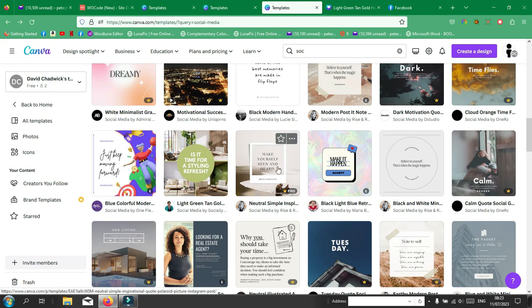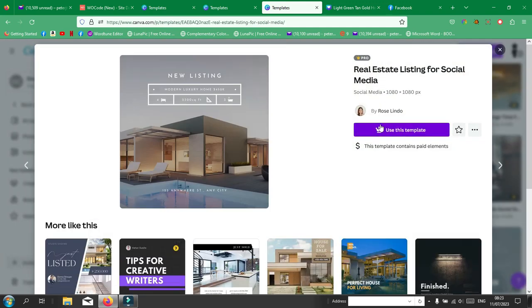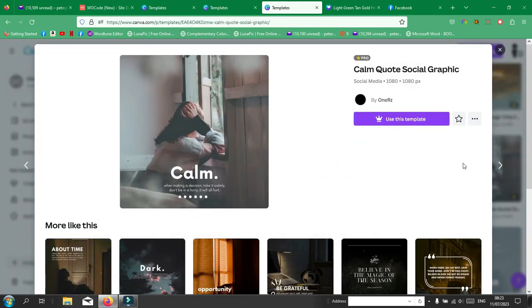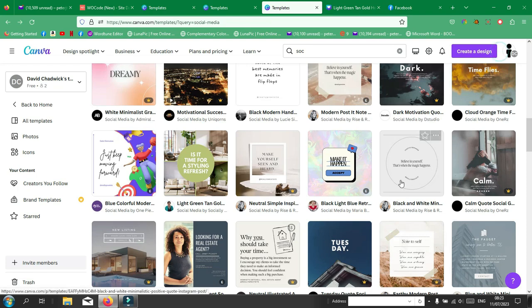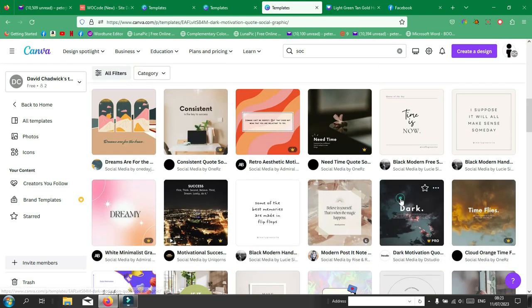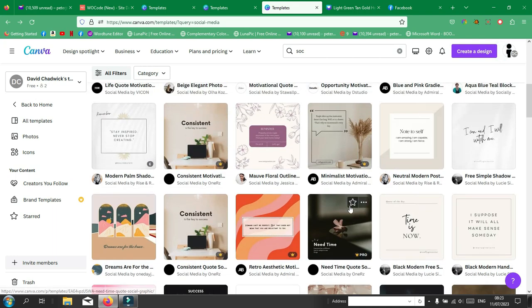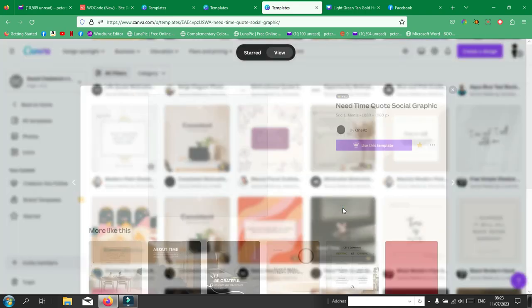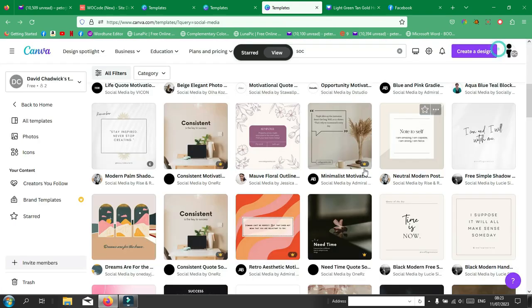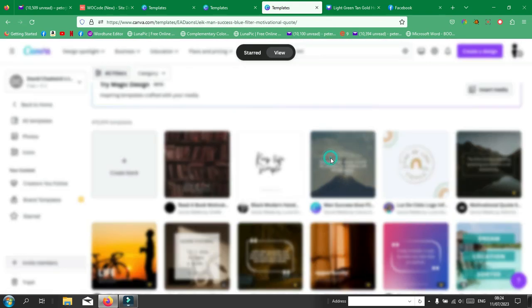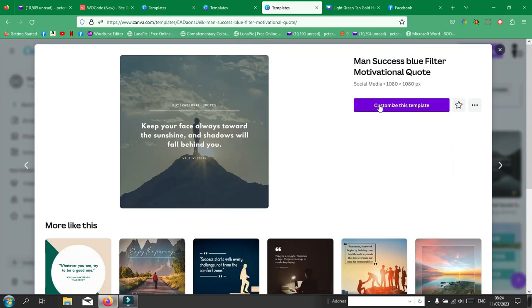If you wanted others just to show off, so this one here, if I click on this, no, it's got a crown, so we can't use that one. Let's try this one where it says calm. That's a crown as well. Let's try this one, dark. No, that's a crown. What about this one? Can I use that? No. So they're really starting to make it now, so they want you to pay for everything. But we could use this one, so if I click on this one, David,